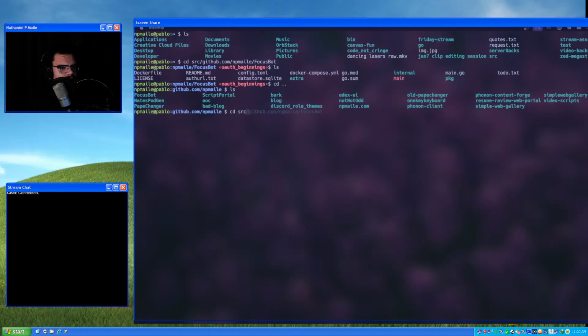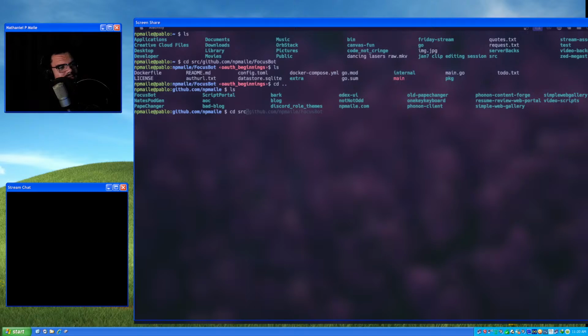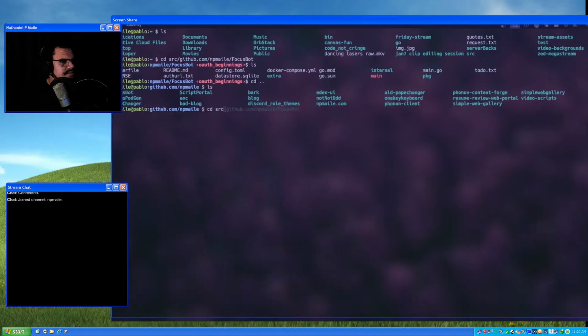Let's just hop into the programming thing. The Windows XP startup didn't look like this, to be honest. It did not. It was slightly different. I couldn't get the colors right when I was recreating that bad boy in, what's it called, Photoshop. But you know, I think I did an okay job. It has the same vibe. A lot of people think it looked like that. But this whole thing is all smoke and mirrors. I mean, pretty decent smoke and mirrors.